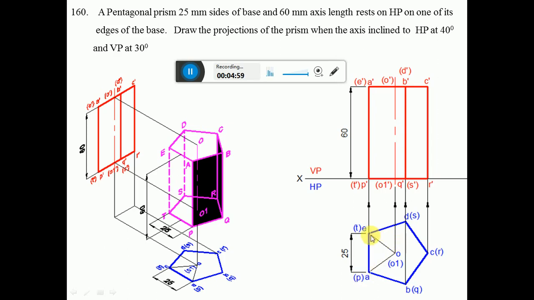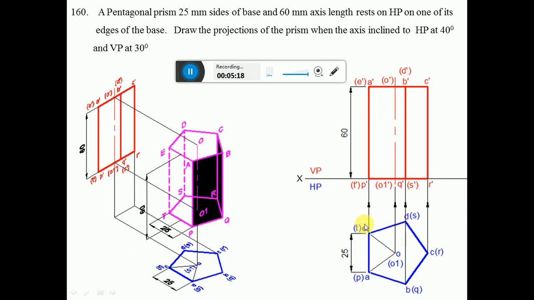Similarly, with respect to the point E, again with respect to AE, you measure an angle of 54 degrees and draw an inclined line. These two lines will intersect at this point and you call this point as O and, in brackets, O1. So this is how we are going to construct the pentagon with the center.